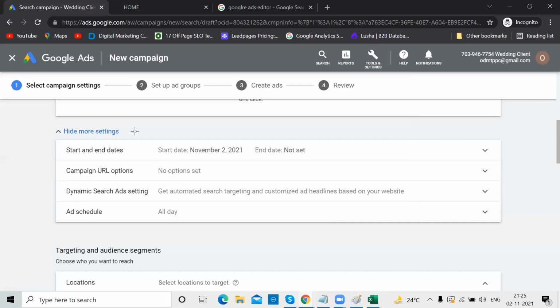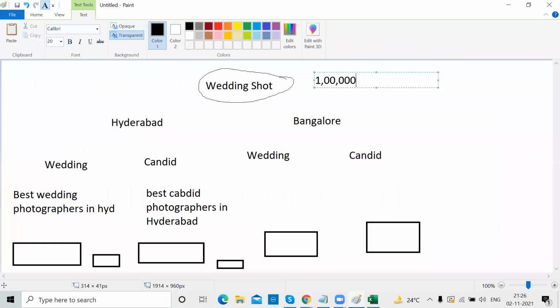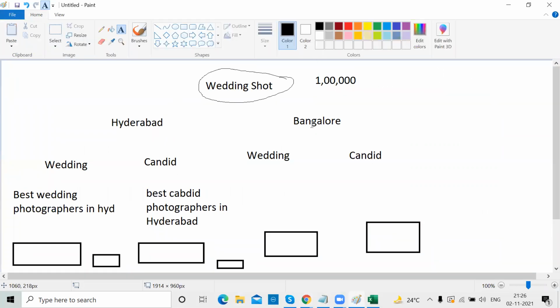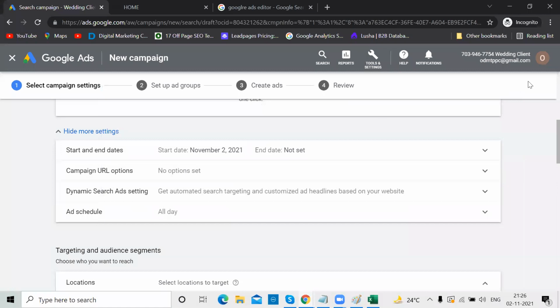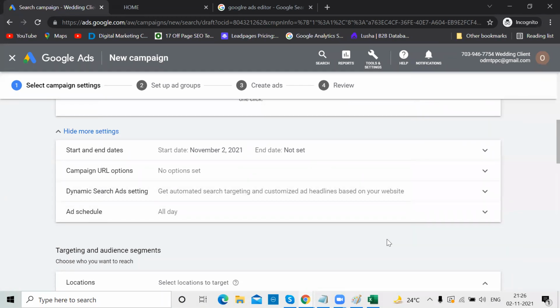Let me show you here. This is one account, right? Under this account, the total budget you mentioned, like 1 lakh, will be utilized by this campaign and another campaign. But if you want to end this campaign in only 2 days, and on the third day it starts running if you don't pause it, in that case, mention that end date. So previously, I could see there is no relation between this account and this account. Both are individual. Right.